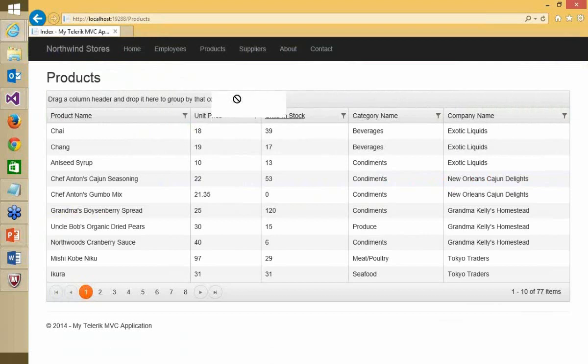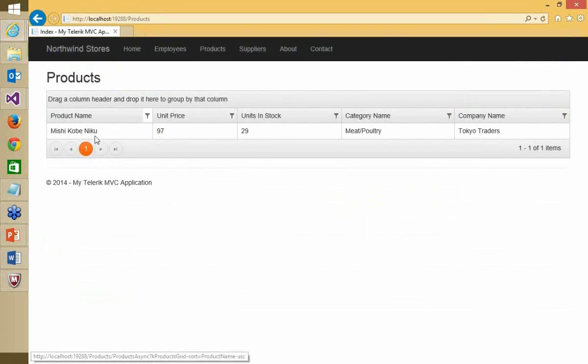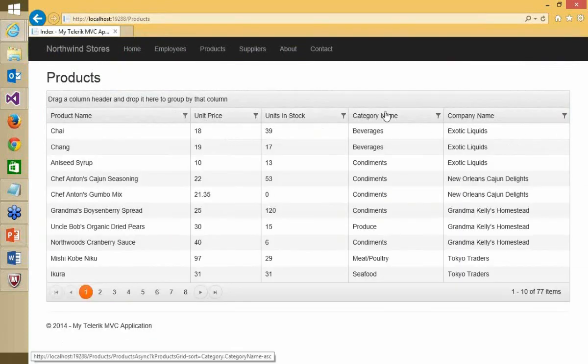And here is the Excel-like filtering that happens. I can just say product name contains, let's say, NIK, and there you go. I can clear this out, and I can say